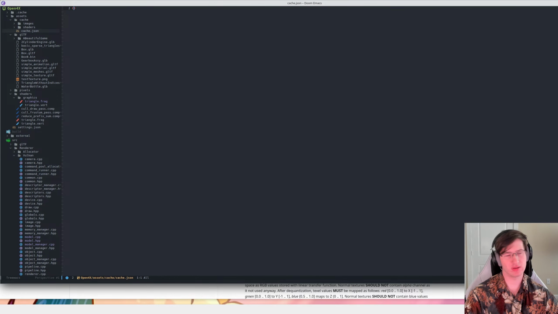So what is it? It's like this, right? That's how I have to start a JSON file. I don't remember. Yeah, like this. And then I want to go by each folder, I guess. So I could say shaders, and then it's like this, and then a list, and then each one of these objects is going to have a name,